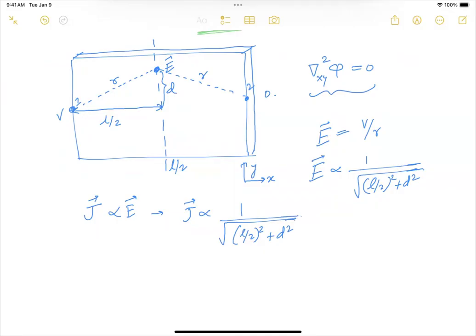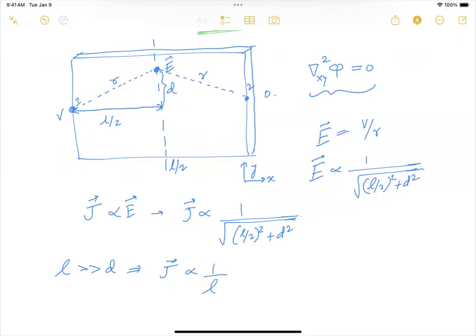So let's consider the limiting case where the length is much greater than D. This is very similar to considering that the plane is very long, or the distance between points 1 and 2 is so long that the plane now starts looking like a line. Under this condition, if you substitute this assumption in the current density distribution, J will end up being proportional